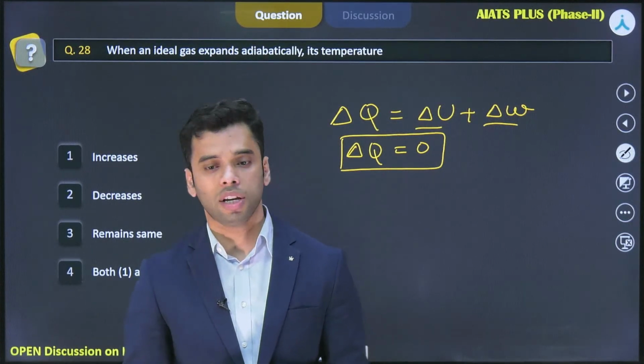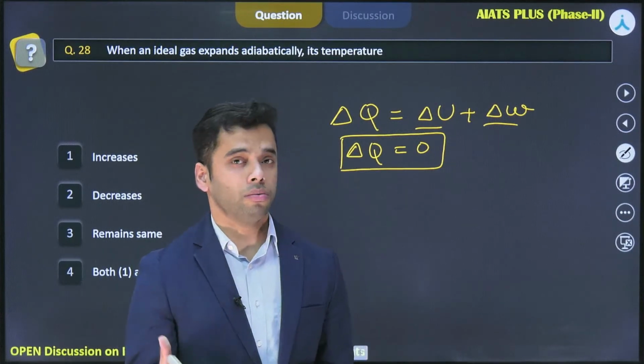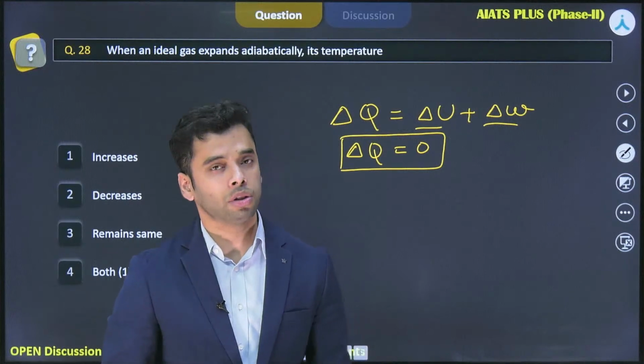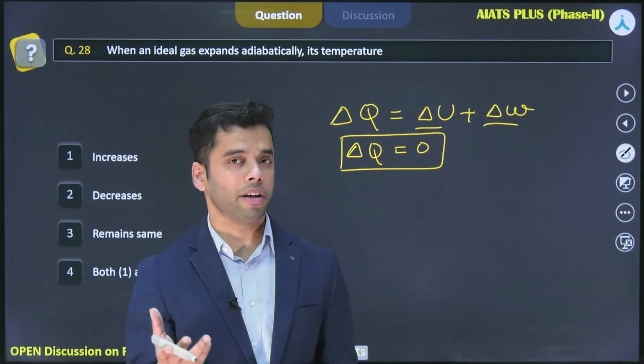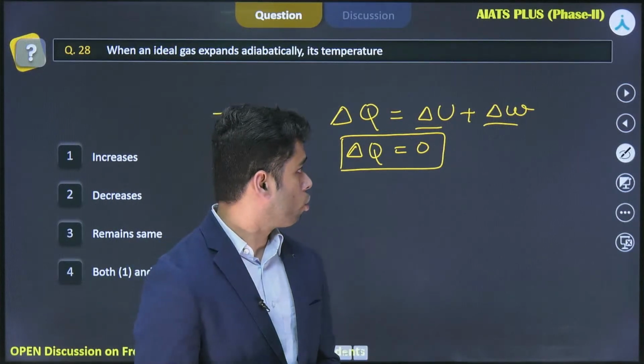Delta U is 0, so why is temperature increasing? Not delta U is not 0, delta Q is 0. Delta U is 0 for the isothermal process. We are talking about the adiabatic process. So in the adiabatic process, delta Q is 0. So that means that